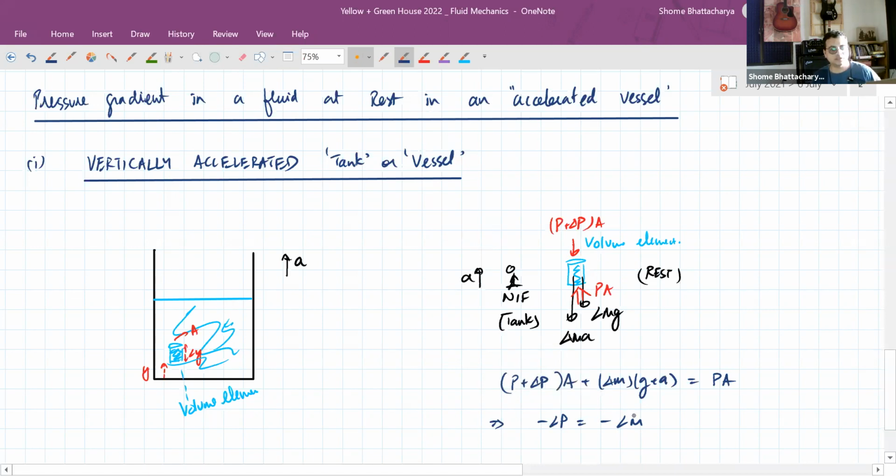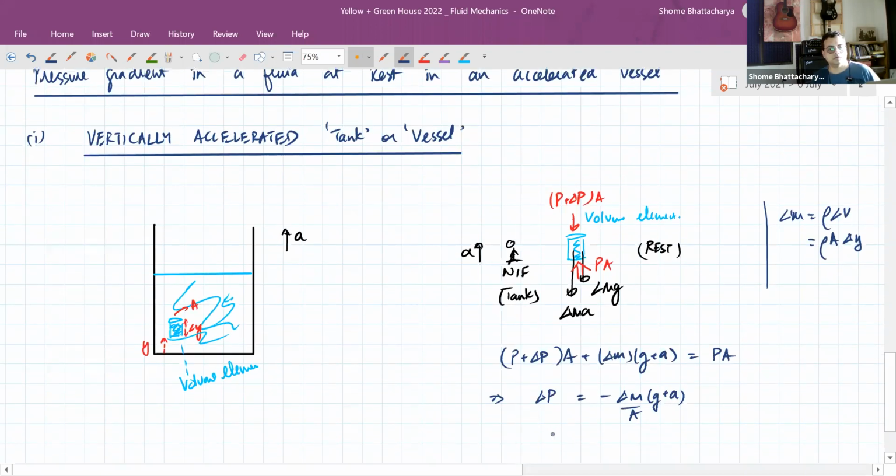So delta P will come with a minus sign. But also this term will be g plus a. Now the mass of that element is density into volume. So that's density into area into the thickness delta y. So we write that, we can see that delta P